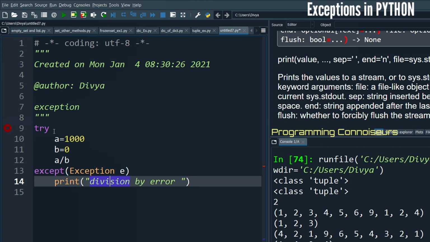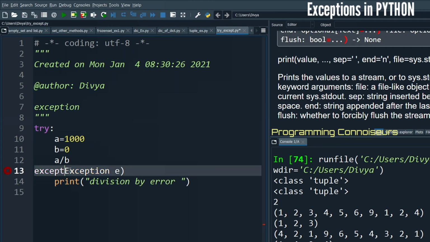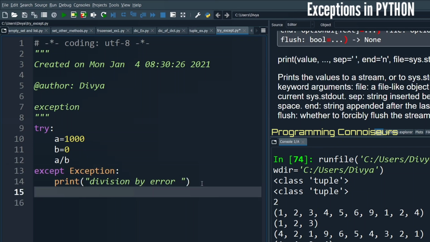Why should it end with the code? So this also should go with the exception, right? Now finally